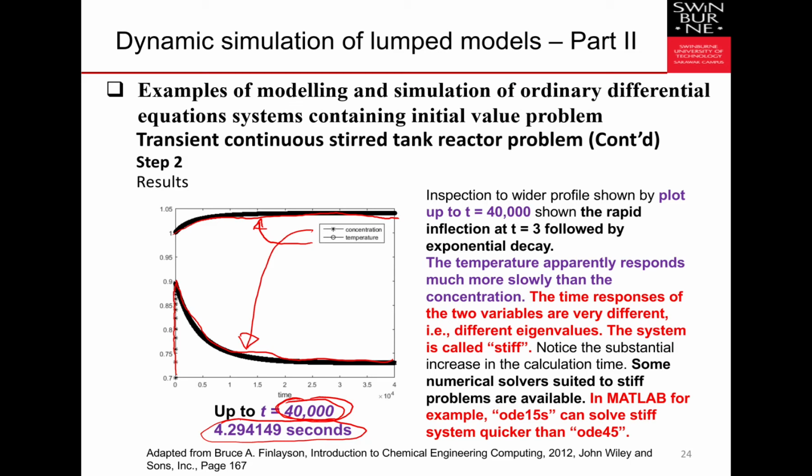So that is quite a significant computational time required as you solve from 2 to 40,000. In here what we can tell is that the temperature responds much more slowly than the concentration. As you can see, in order for you to see the whole change in the temperature, you need to go to 40,000. Whereas we can see that the concentration pretty much changes for the different levels of change that we implement in here.